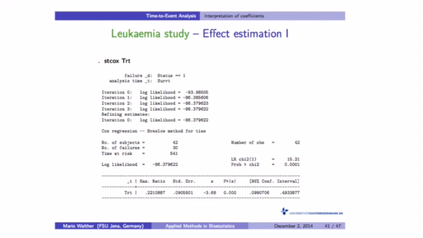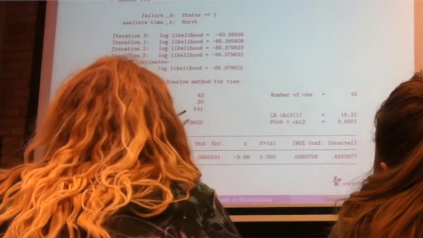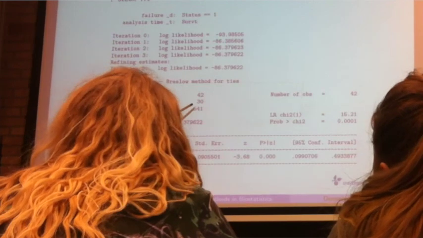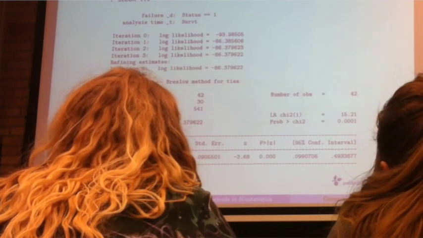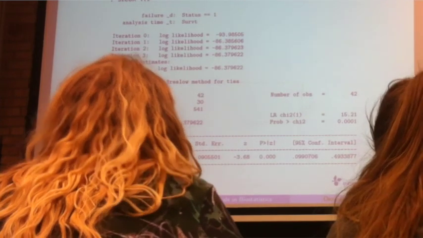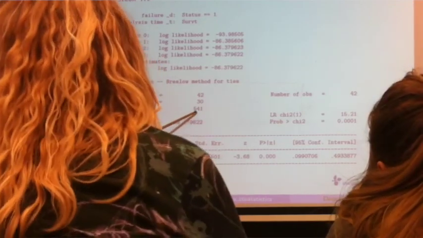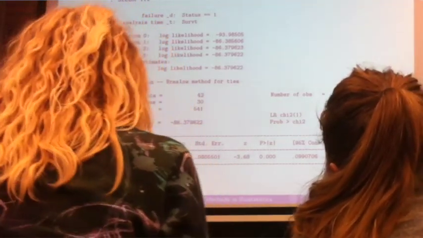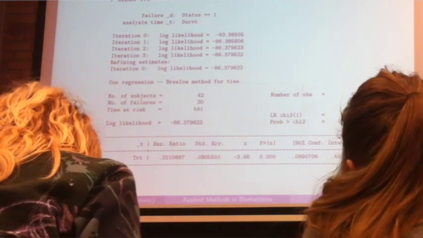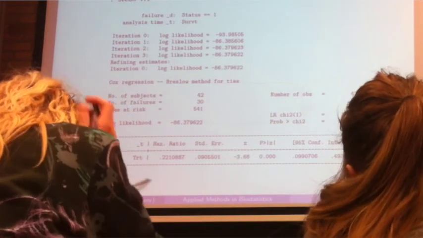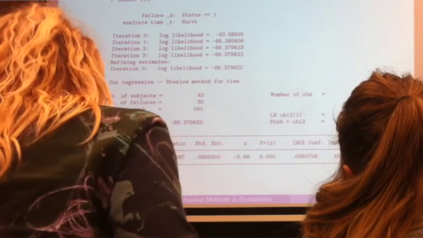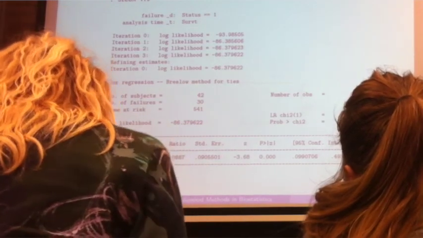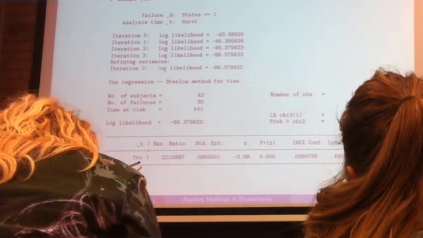Also, here you have some information concerning the estimation of the coefficient, so you can omit them. Then you have some information about the number of subjects in your data and how many events occurred, or how many patients relapsed, and the sum of time at risk for all patients. And the interesting table is this one, where you get the hazard rate ratio for treatment compared to placebo